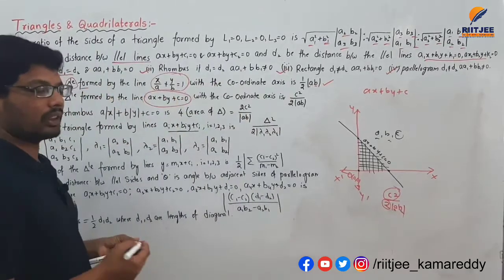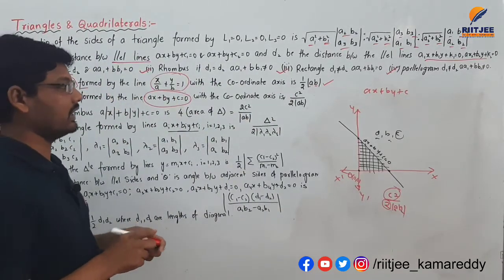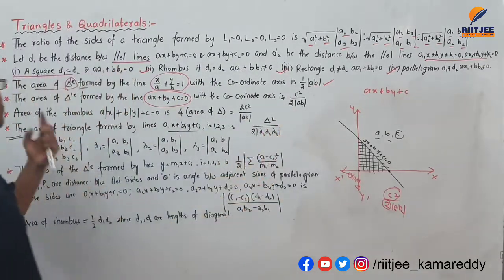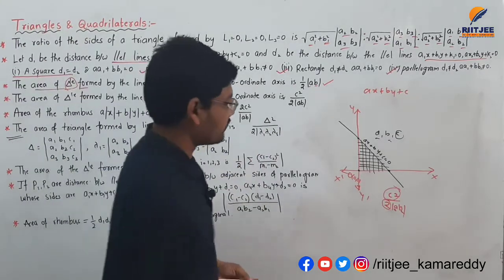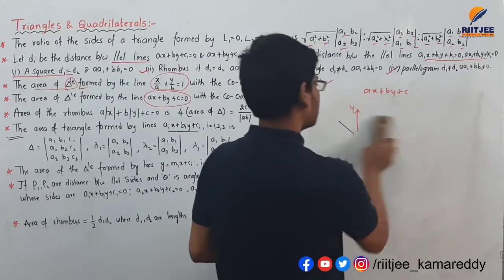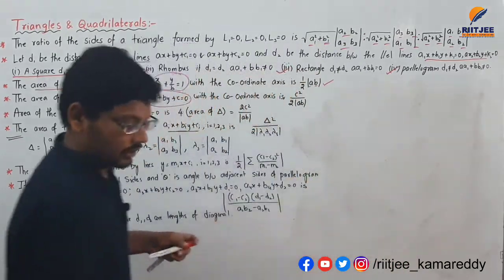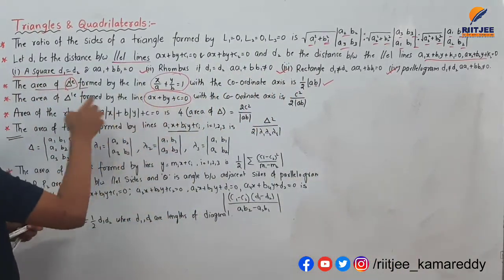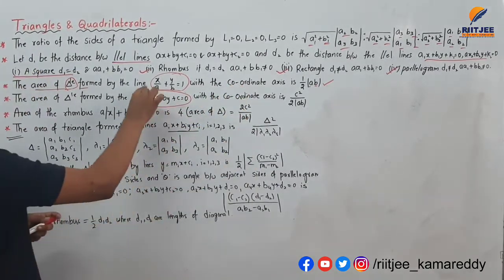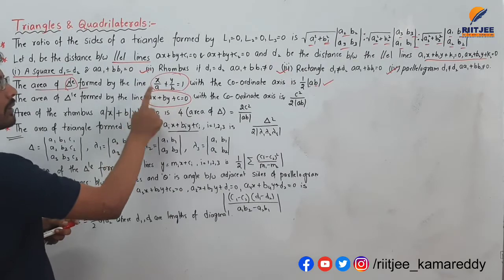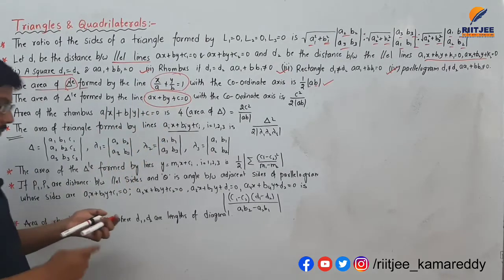So if you substitute the values of a, b, c in this expression, you will get the area of the triangle here. And this is a major difference here: the difference between these 2 points is what both are making with the coordinate axis. These are two straight lines here. This is the intercept form, and this is the general straight line form here.